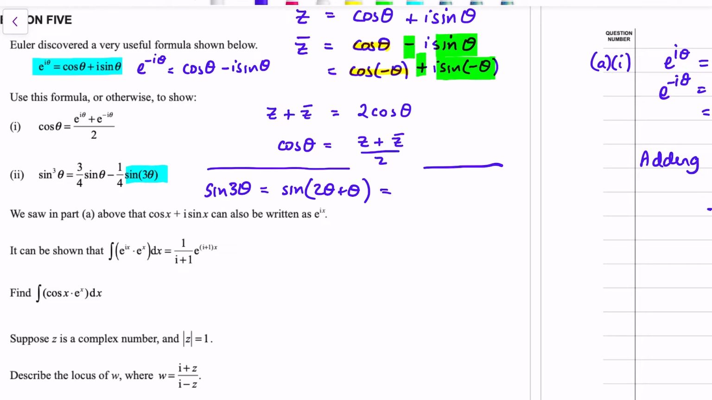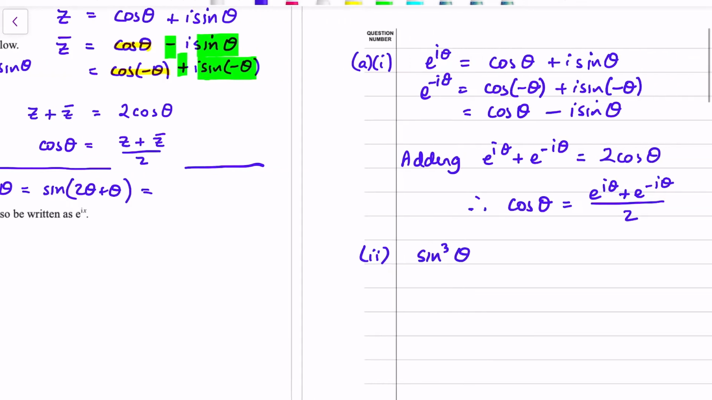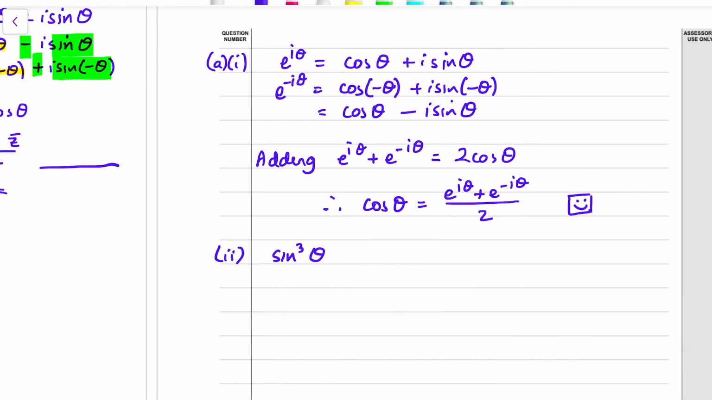But the purpose of this question is to connect the complex number e to the I theta to the cosine and sine parts, the real and imaginary parts. So if we do that, this question starts with the left-hand side of sine cubed theta. The first question's scaffolded at us to think about what cosine theta is. Now if we subtracted those equations instead of adding them, okay, actually I'll come back to sine cubed theta in a sec, but if we took e to the I theta